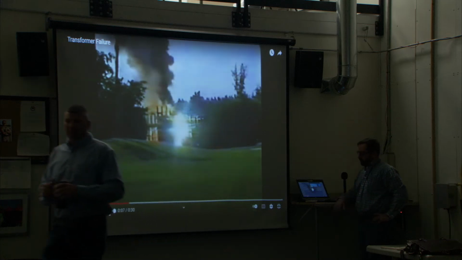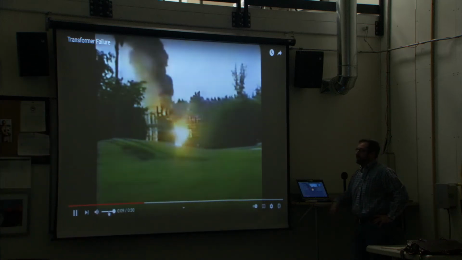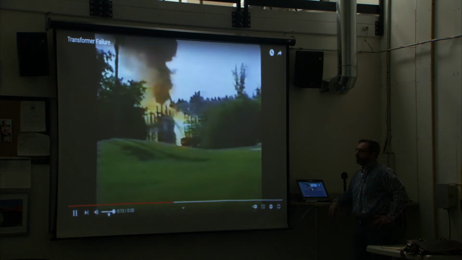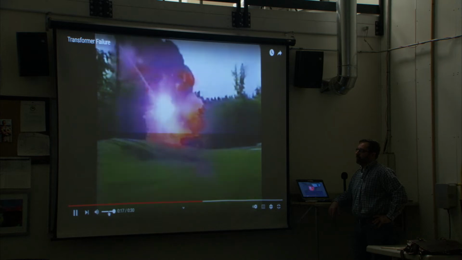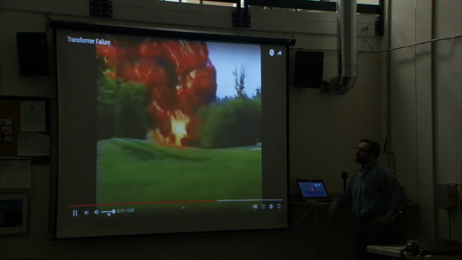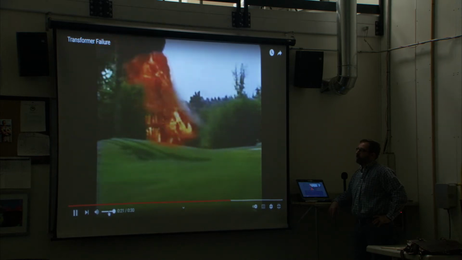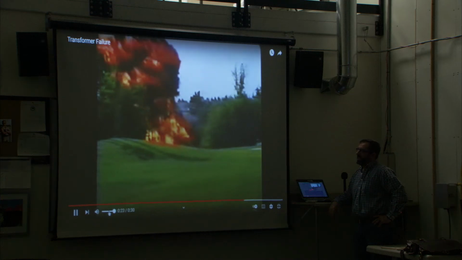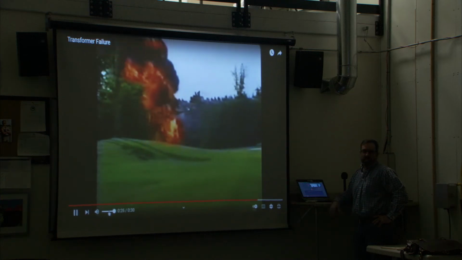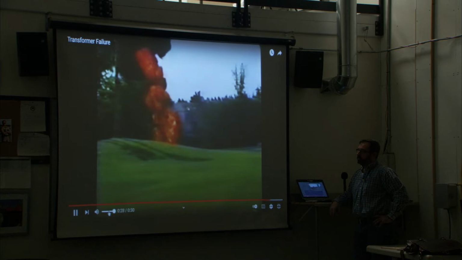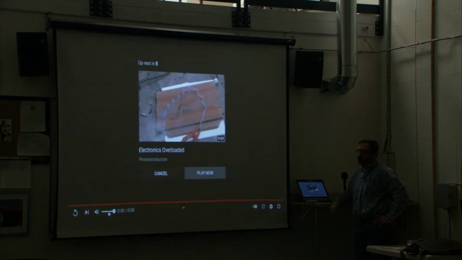There's no sound on this, but this just kind of gives an example of a catastrophic transformer failure. They've got some fire extinguishing equipment, but I don't know exactly where this is at. This just kind of gives you an idea of it. Was it in Florida? 'Cause it's at a golf course. Is that what it was? So anyway,